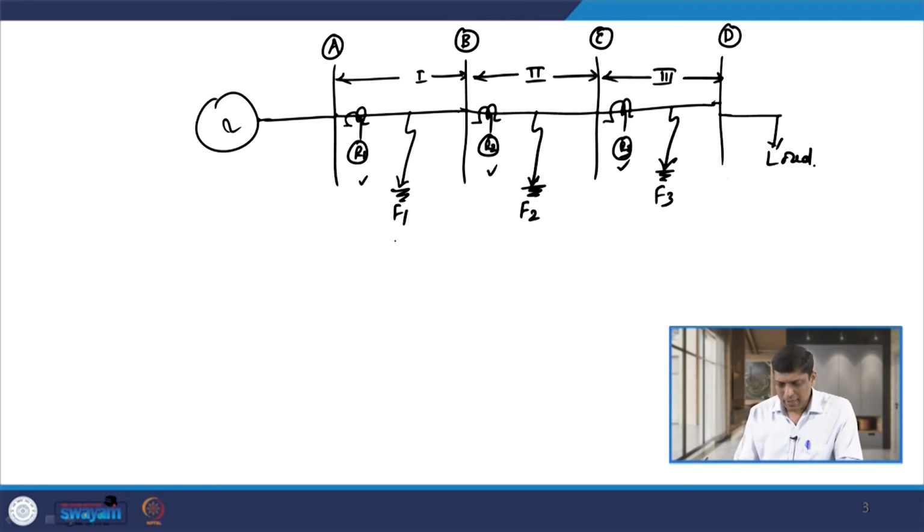So, with this background, let us consider that relays R1, R2, R3 are all instantaneous overcurrent relays. It may be possible that, if a fault occurs in section 2 at F2, relay R2 has to operate as the primary relay. But if R2 fails for some reason, then R1 has to provide backup. So, backup protection is also required when any primary defense system fails, and it is very important.